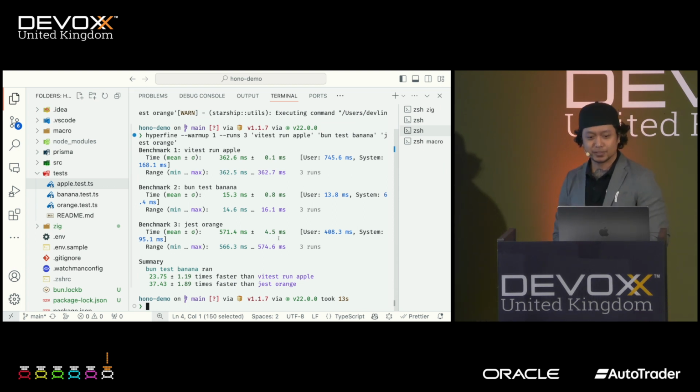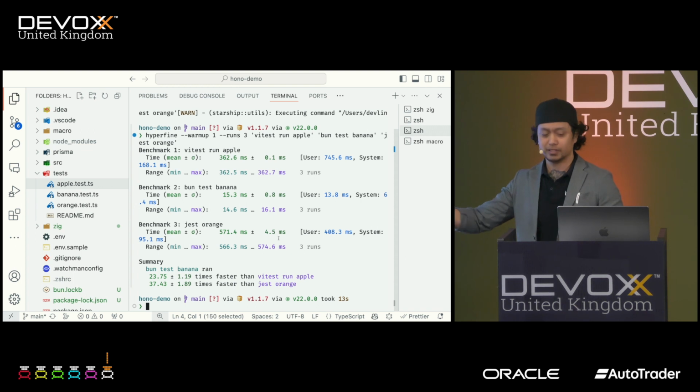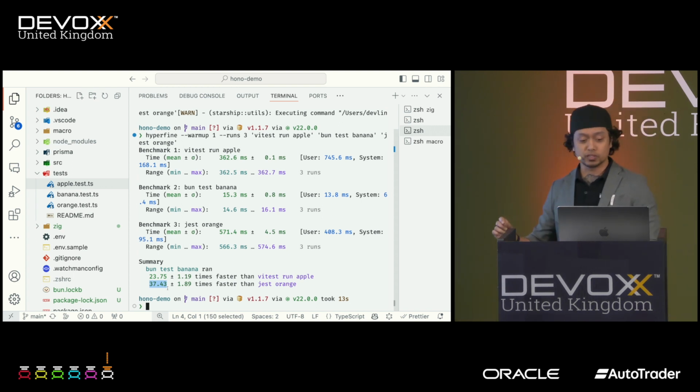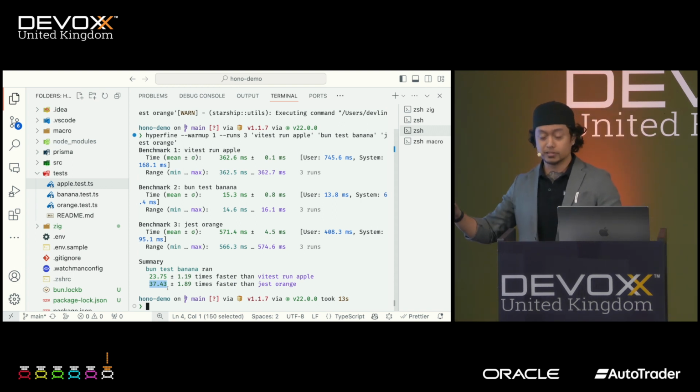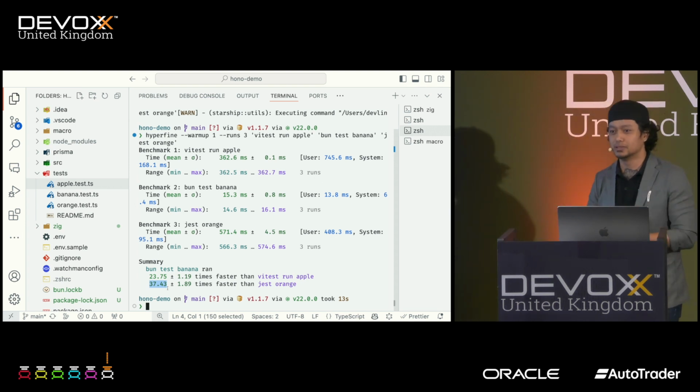Here it says bun test banana ran 23 times faster than vitest, right? And the margin of error here, I don't care. What I care about is this one, right? And it's 37.43 times faster than Jest. So isn't that incredible, right?